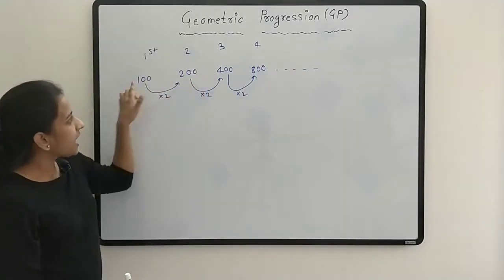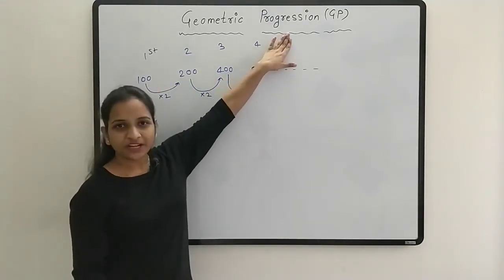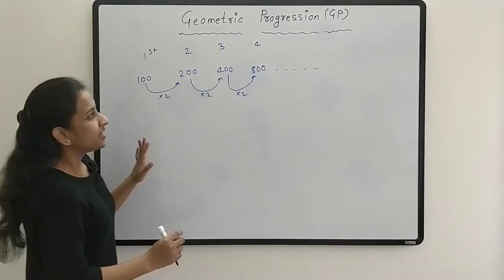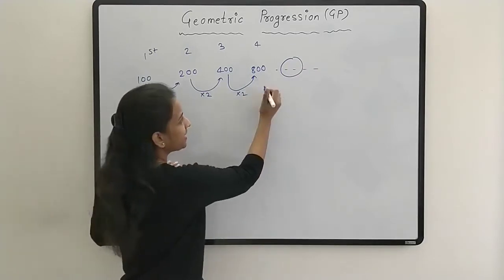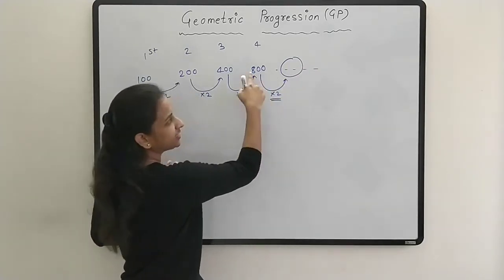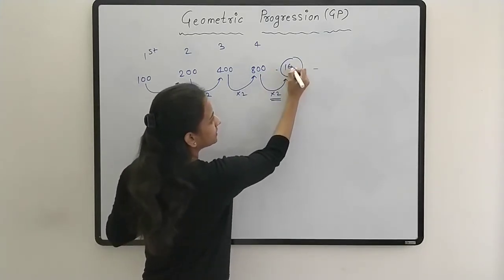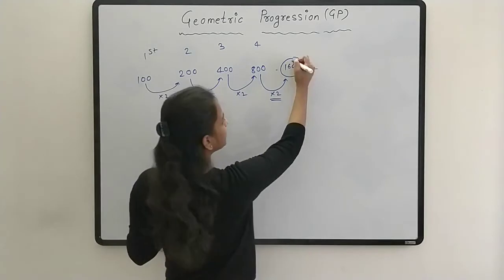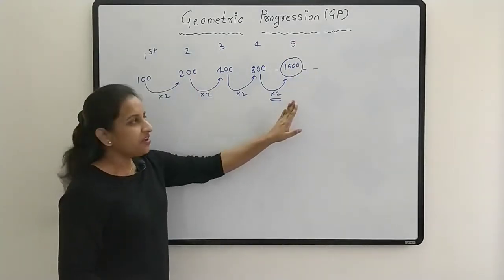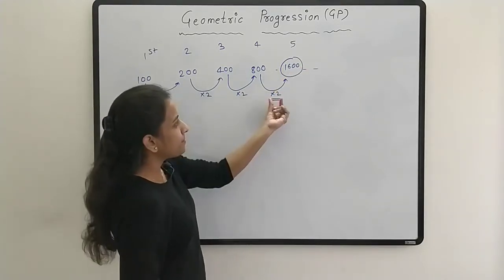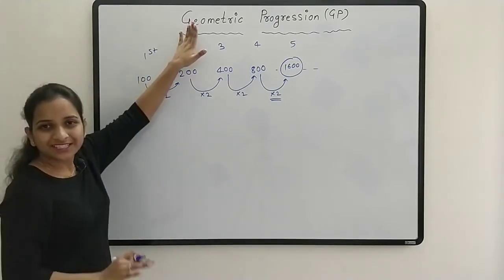So this series 100, 200, 400, 800 like this. This is called geometric progression series. See, here we can find the next number by multiplying a constant to its previous number. See, we can find this term, 800 into 2 is equal to 1600. These are the corona cases in the 5th week. Okay, this is called GP series where we can find the next number by multiplying a constant to its previous number. Okay, easy? Understood what is GP series?